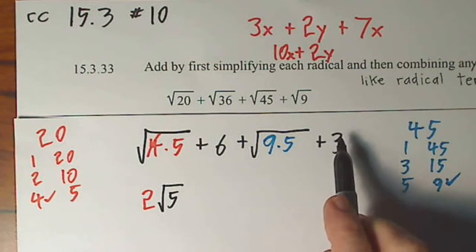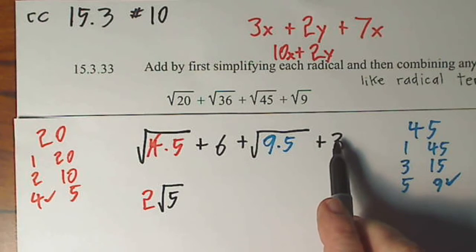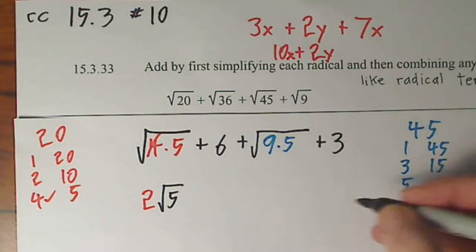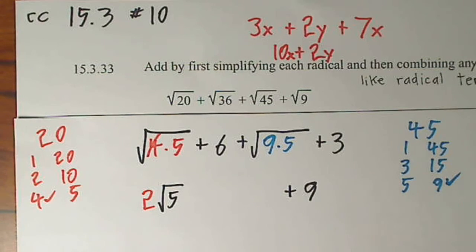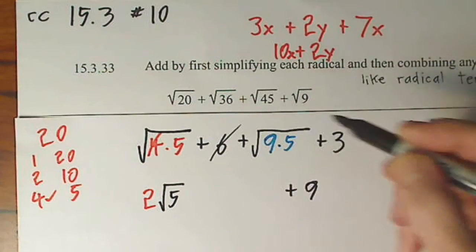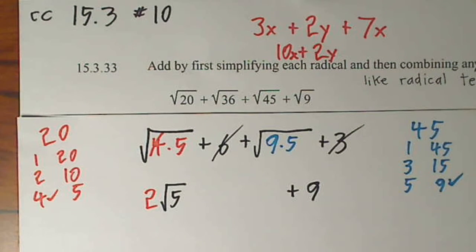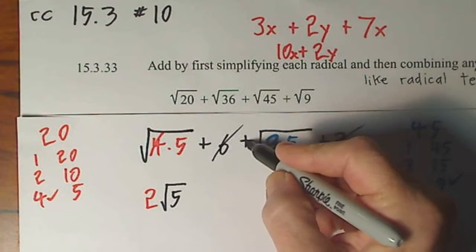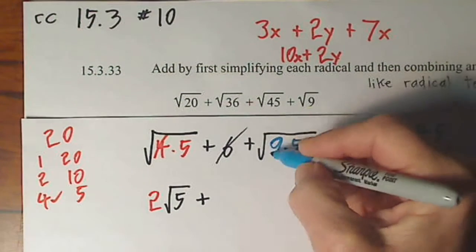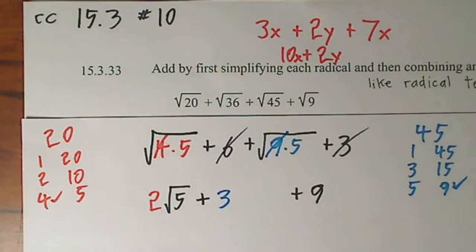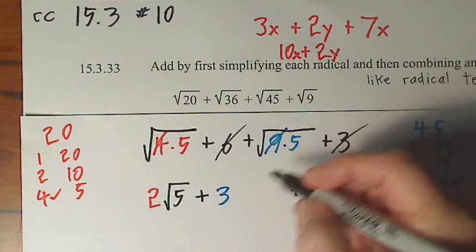I think I'll add the 6 and the 3. I think it's pretty understandable that I can add them. So 6 and 3 gives us 9. I'll put our plus 9 over here. Doesn't really matter where it goes, but I've taken care of the 6. I've taken care of the 3. The only thing left now is, well, I need my plus sign. So this plus sign is right here. And then we have the square root of 9 is 3. And radical 5